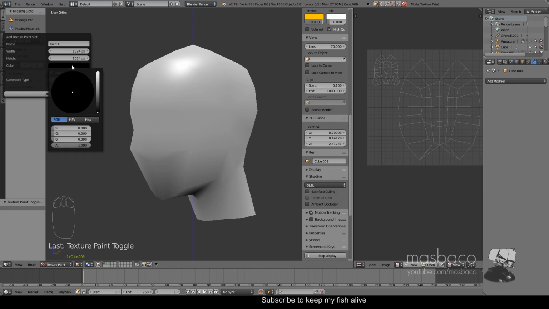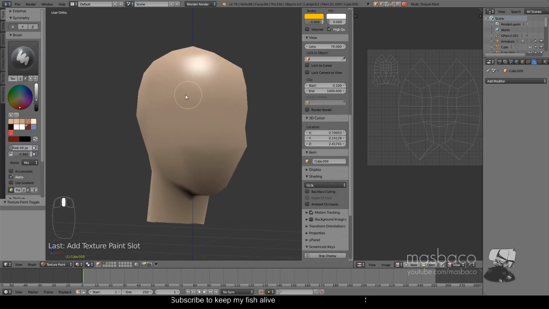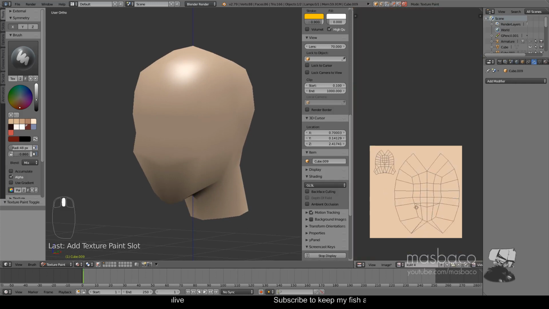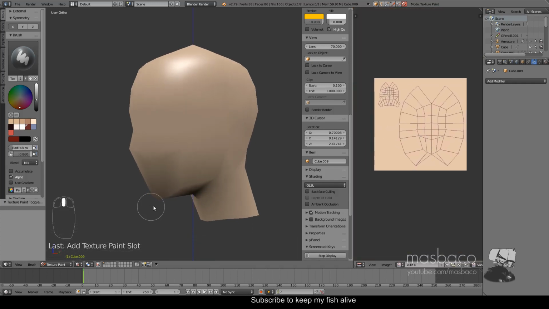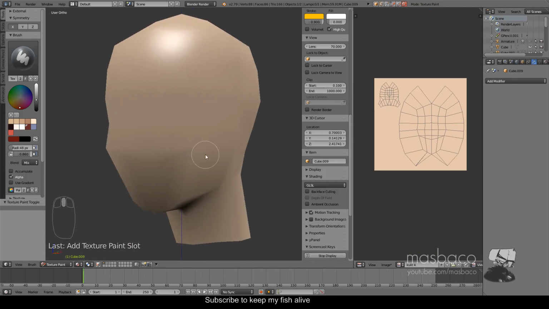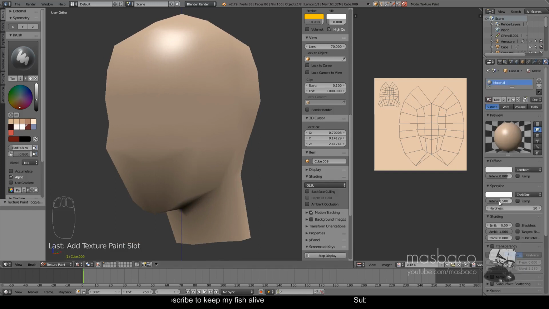and choose the color to somewhat skin tone color. Hit OK. So this is going to be a generic skin tone, and then we're going to choose our texture that we just created like so, and we're ready to paint skin on this low poly mesh. But first, let me go to the material tab here and then reduce the specular intensity all the way down,